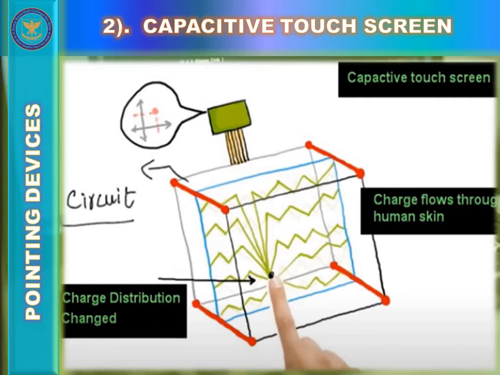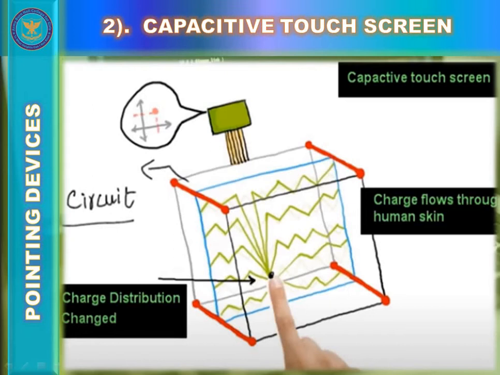Again, the capacitive touch screen is coated with an electrically charged material. Touching it causes a change in capacitance, which allows the location to be determined and sent to the controller.